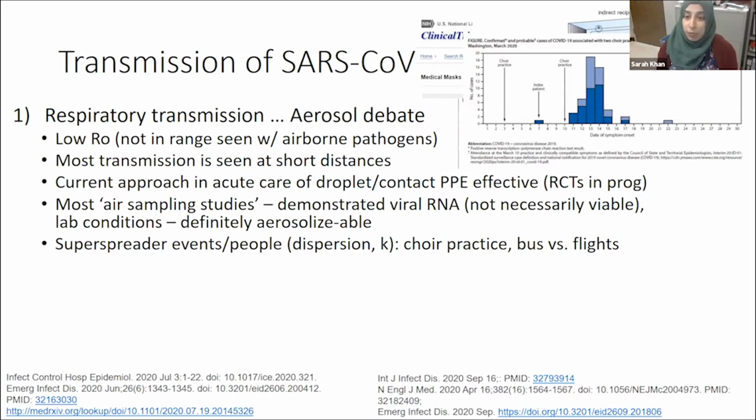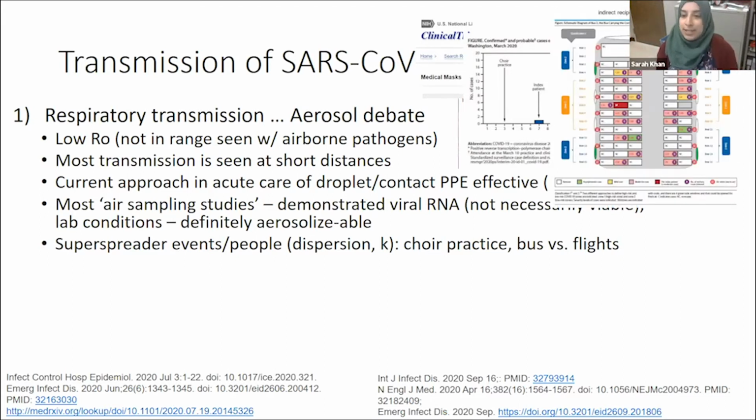There's been conflicting reports of other settings, again, community settings. We're not talking about acute care facilities with the air exchanges per hour and the differences that we have in a hospital type setting. But for example, in buses, this is another case report that was published, where there's the index patient and then the degree of spread that occurred in a bus. Now, again, the ventilation in a bus being very different than what we would see in an acute care facility,